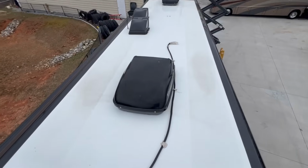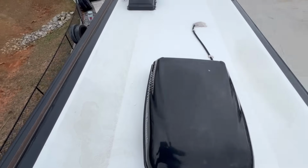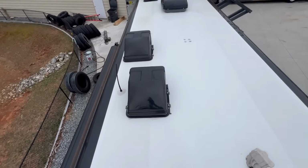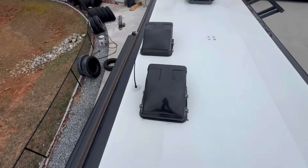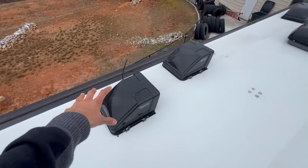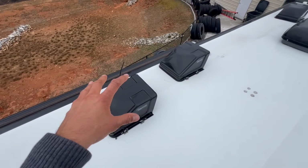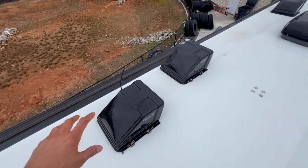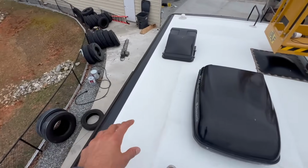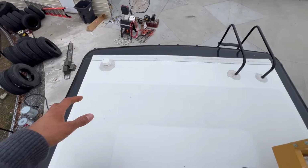All right, we are up on this beautiful one-piece fiberglass roof. This is a beautiful roof. It's still got its shine to it. I like the little grip pads where you can walk around on it. I love the accessory, fantastic fan covers on here. This is gonna protect you if it accidentally rains and you left it open. And if you just want to have them open and operating when it's raining, snowing, or going down the road, these are quite nice to have. Now the back here,